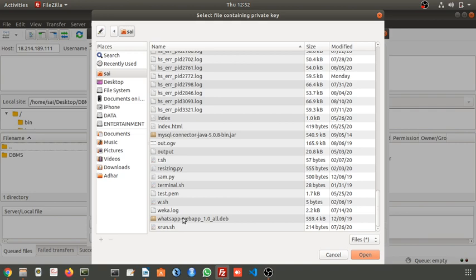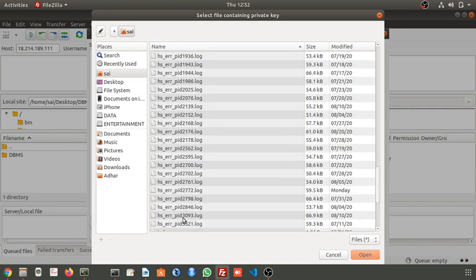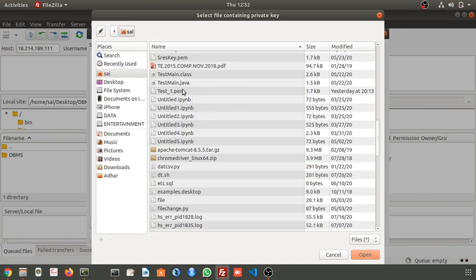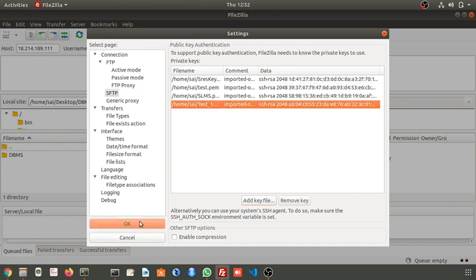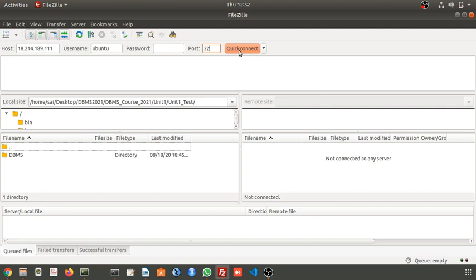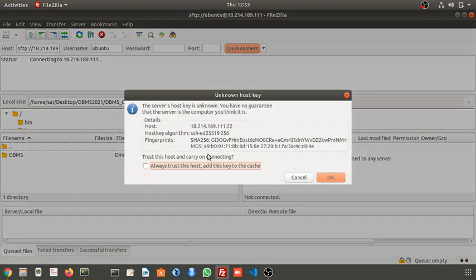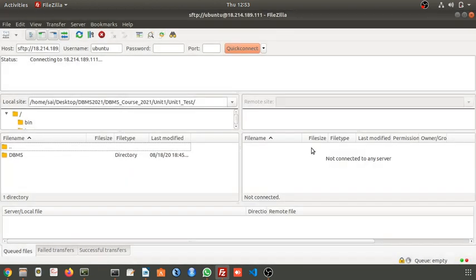Where is it? Let me try to locate it. Yeah, test_1 PEM. Okay, it is added now. Now you can click on quick connect. It is asking whether the key is trustable or not. You just click on OK.